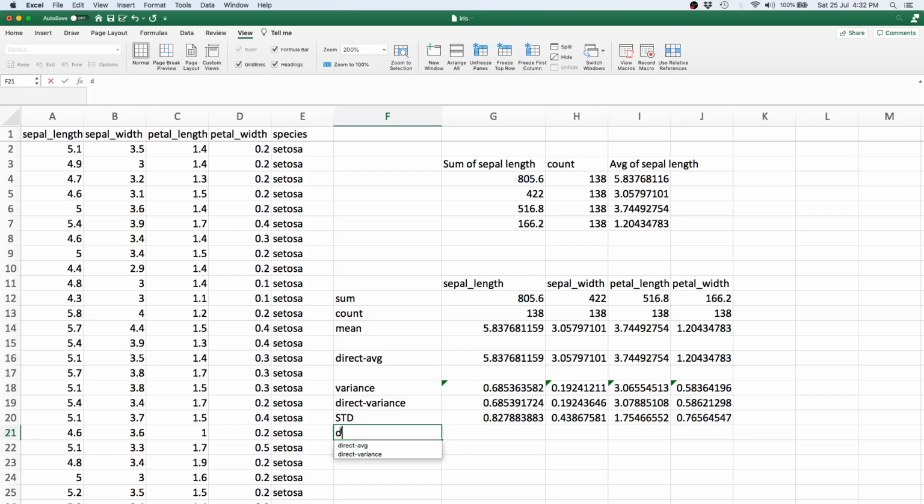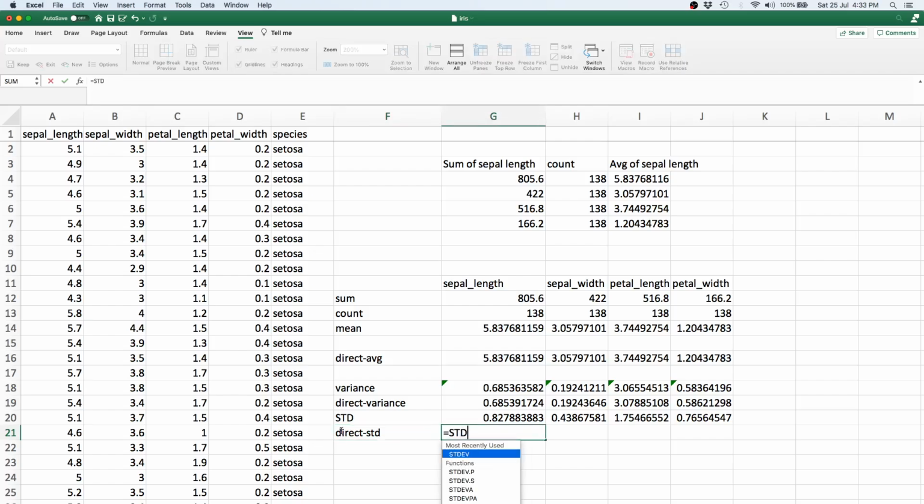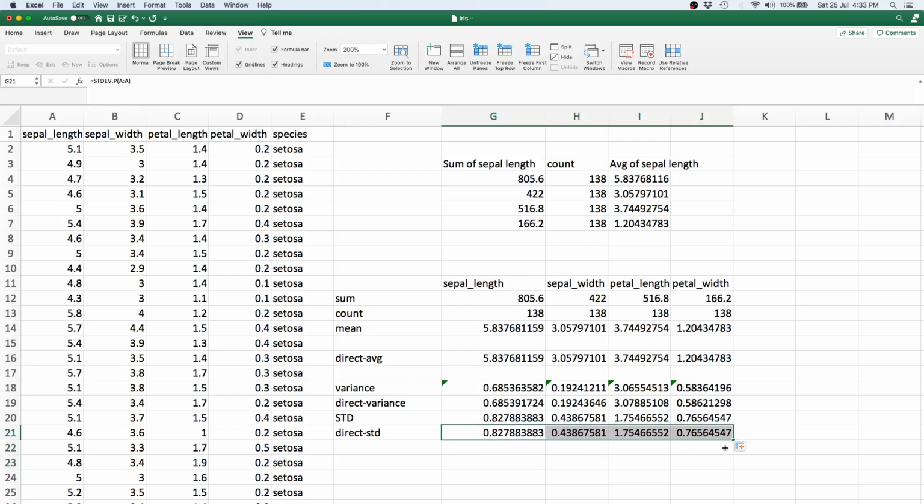However, as you might have expected so far, there is also a direct standard deviation. So I can do something like STDEV. Again, since it was a population variance, we can use the standard deviation value which corresponds to the population. So that would simply mean A to A, and that gives us pretty much the same value. And as you extend it, there we are. So that basically gives us most of the univariate metrics which we can apply on continuous or numerical columns.